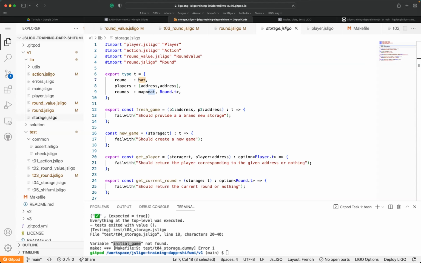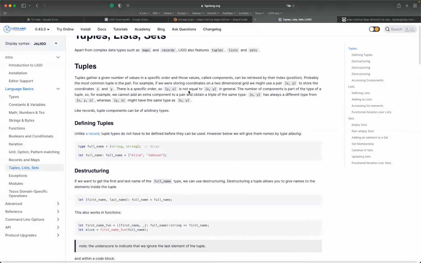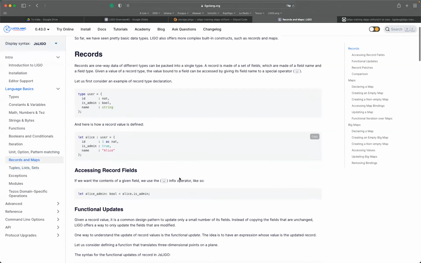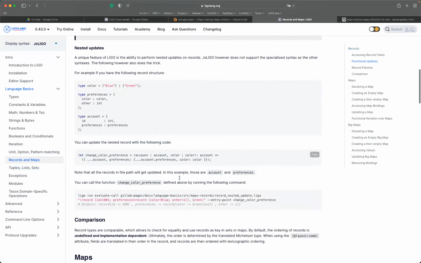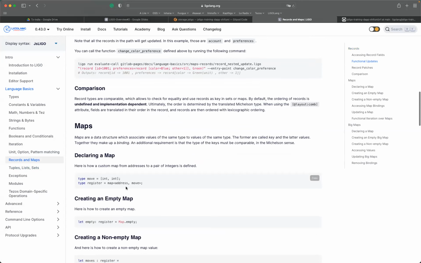Or maybe not. For example, the map is this one, we can go through here. The map is a construction which lets you store information with a hash value. So here we can define, for example, an address and a move.